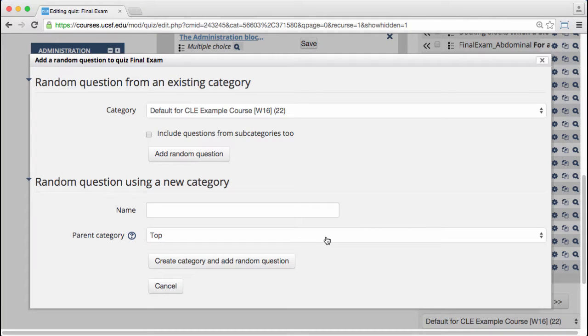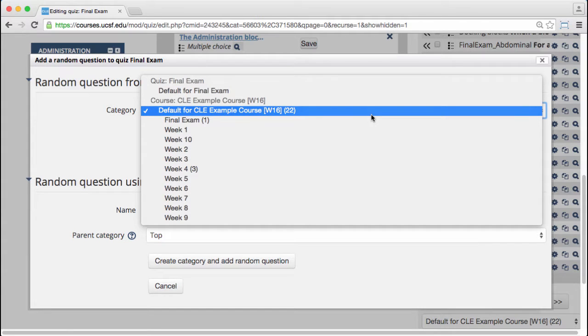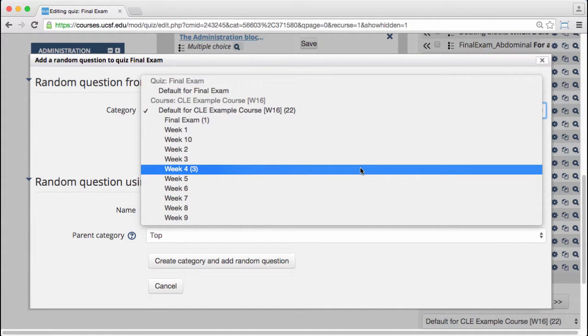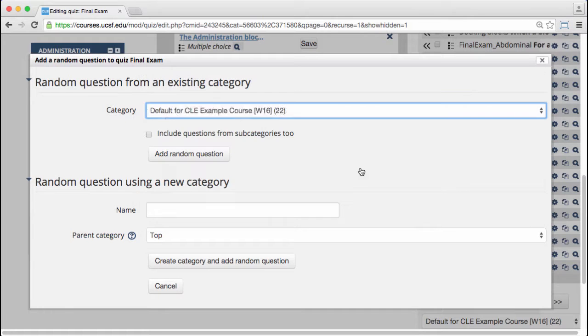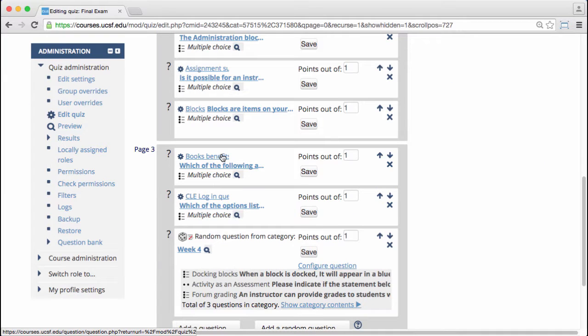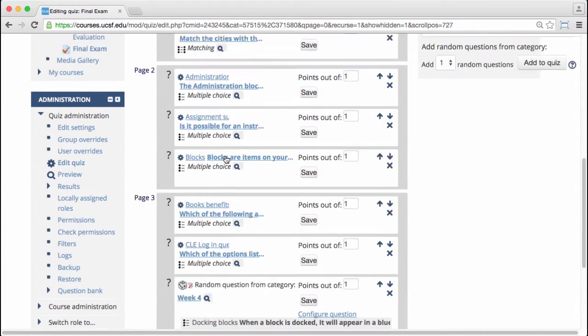From the pop-up window, I will choose to pull one random question from the Week 4 category. Each student will get a randomly selected question from the 3 questions in the Week 4 category. Let's click the Add Random Question button to add the question. All questions have been added to the quiz, and we have a few more things to do before students attempt